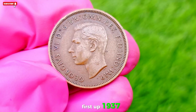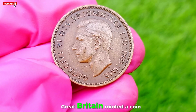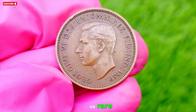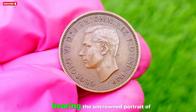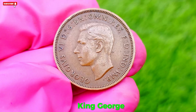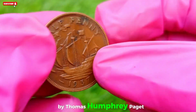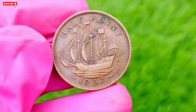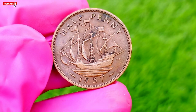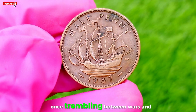First up, 1937, as the world stood on the edge of a new era. Great Britain minted a coin so rare, so alluring, that its very existence today sends shockwaves through the numismatic world. The halfpenny bearing the uncrowned portrait of King George VI, facing left, chiseled with stately precision by Thomas Humphrey Paget, holds within it more than just a fraction of a pound. It is a fragment of history, cast in bronze, carrying the full weight of a world once trembling between wars